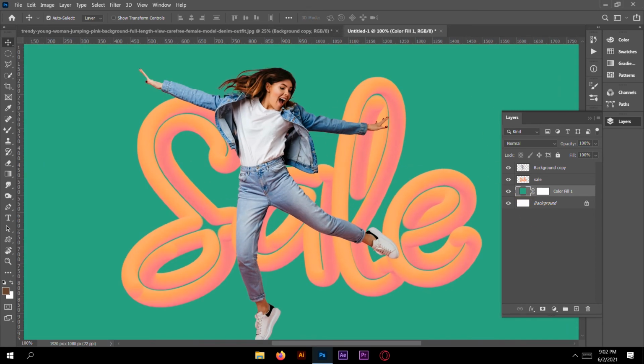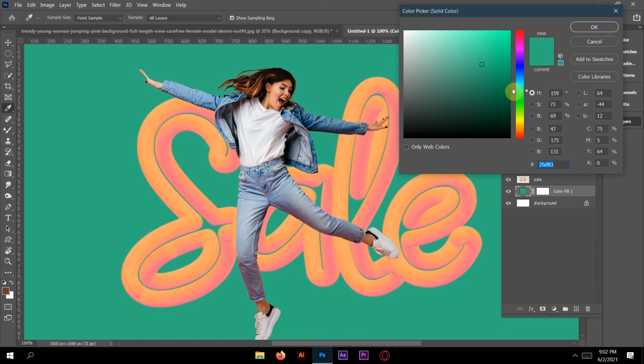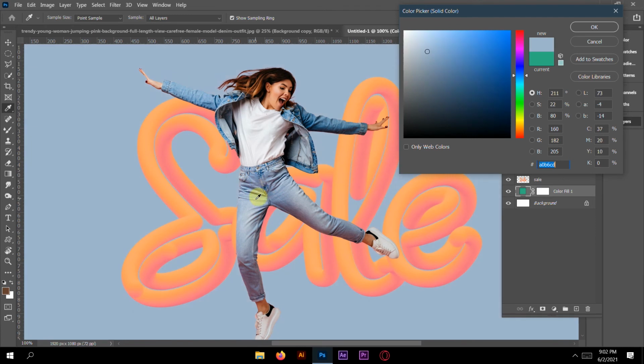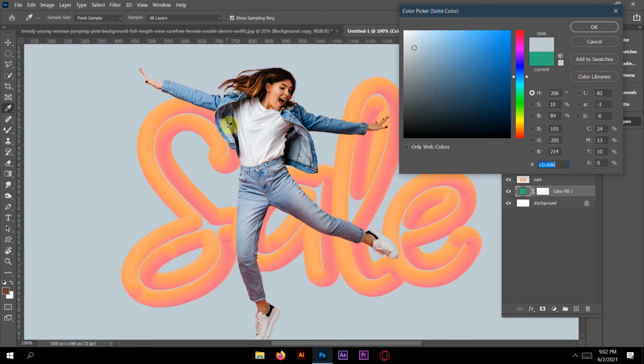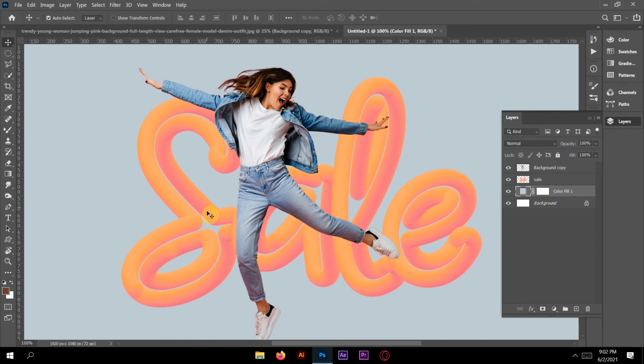If you go to the upper side you can get these types of colors. You can choose any you want. Just experiment with which colors look good. So I choose this color here.